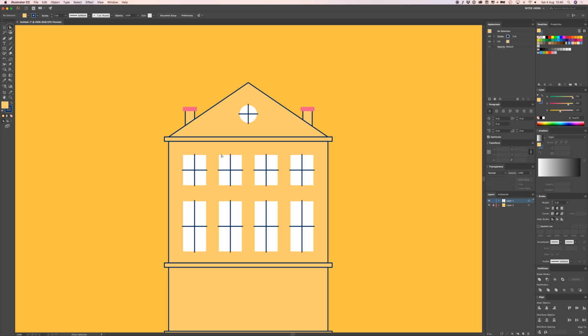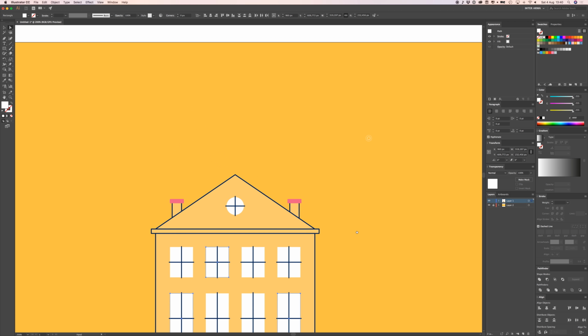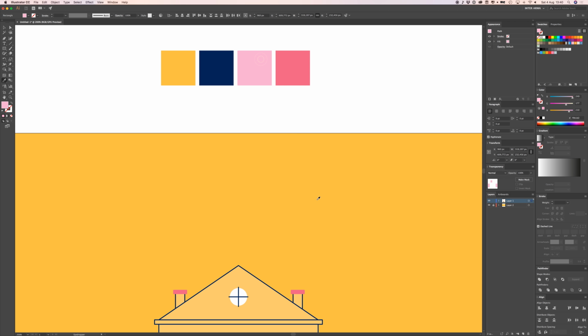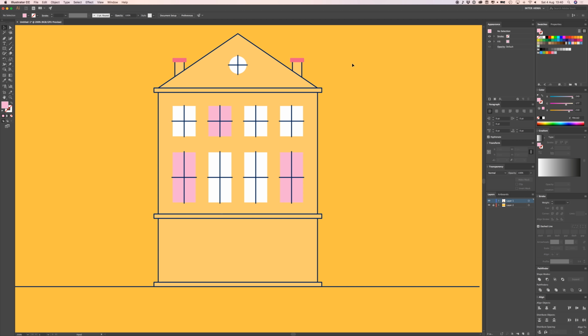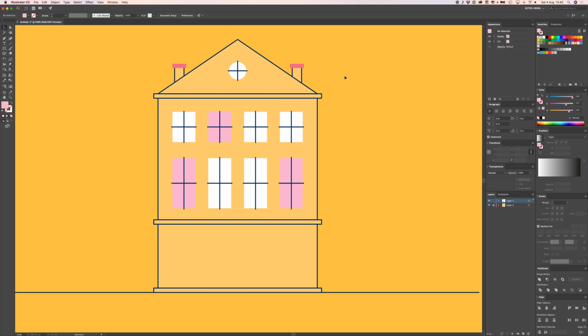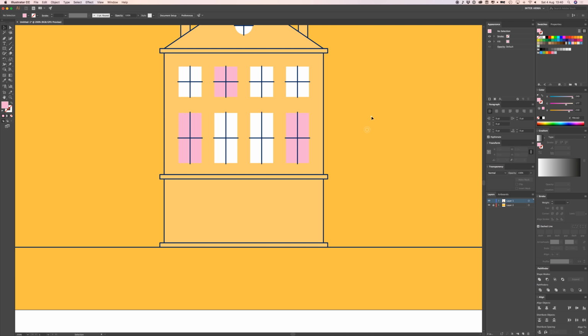With your white arrow select, so you only select the white, the window. Select some of them while holding Shift. I'm going to make them pink, with a little bit of difference going, and maybe like they're on or something to make it look cool. And what I'm going to do with the bottom now is,